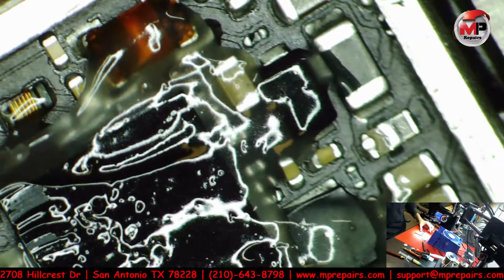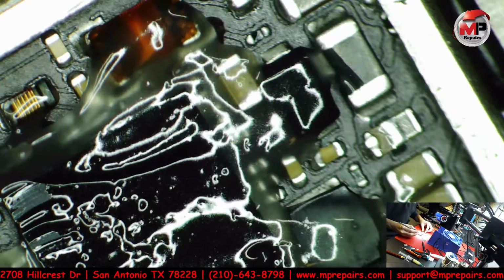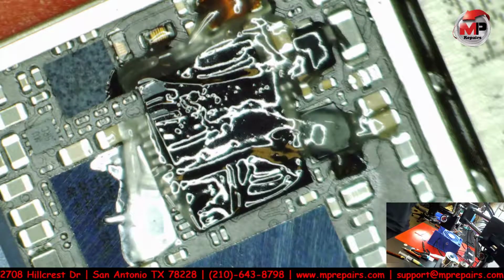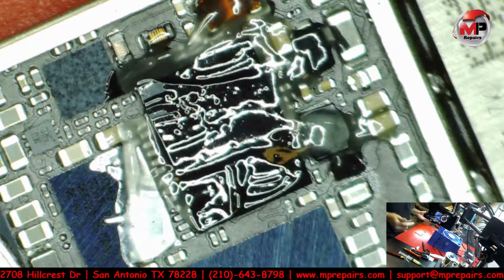And where's my favorite tweezers for ICs? Alright, so I'm going to zoom out a little bit so you guys can see a little bit better what I'm doing here. I'm also going to put, oh,